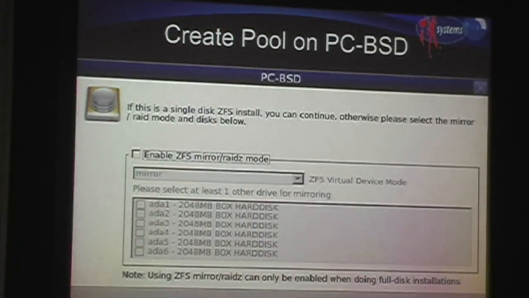If I'm on a PC-BSD system, we create the pool during installation. So this is part of your installer screens. By default, PC-BSD assumes that you just want to install it on your primary disk, and that's all you want to do. So you have to actually push a button that says, I want to customize. And in this